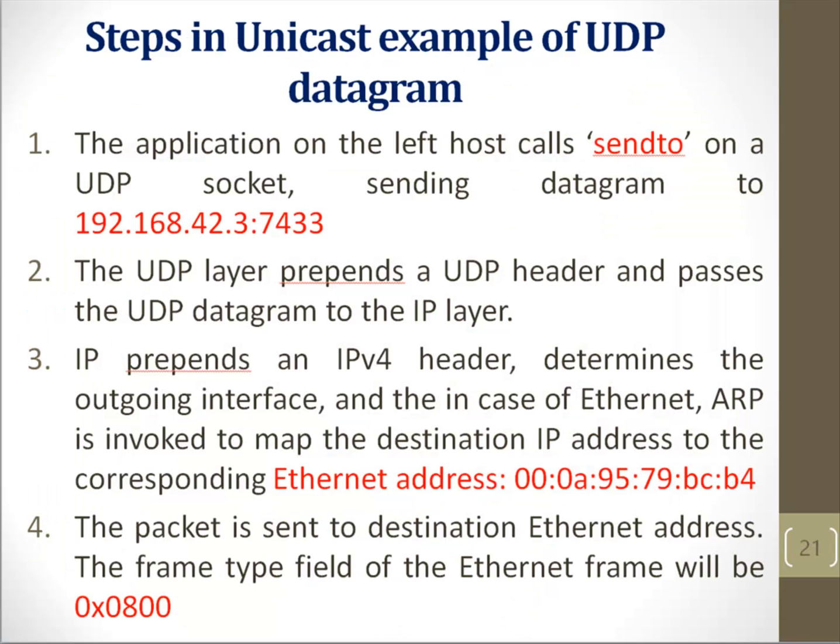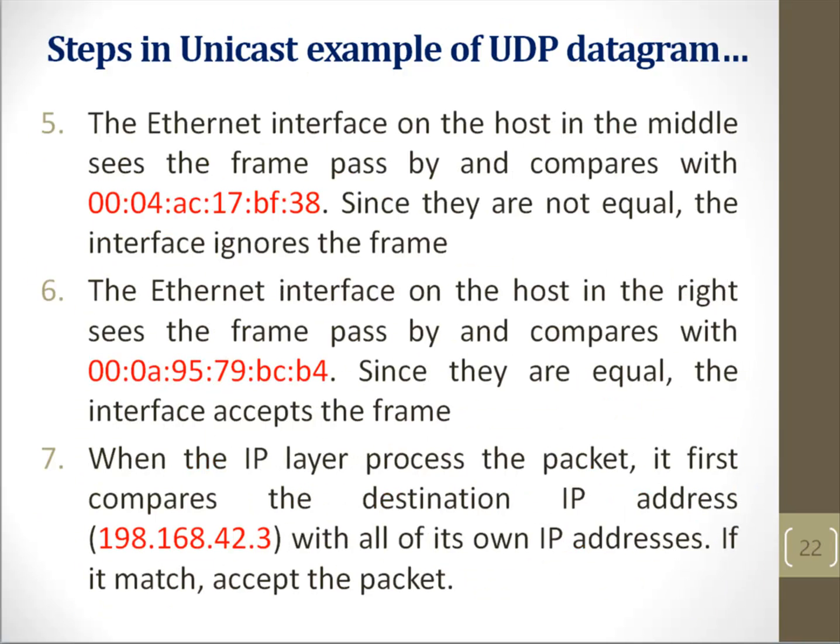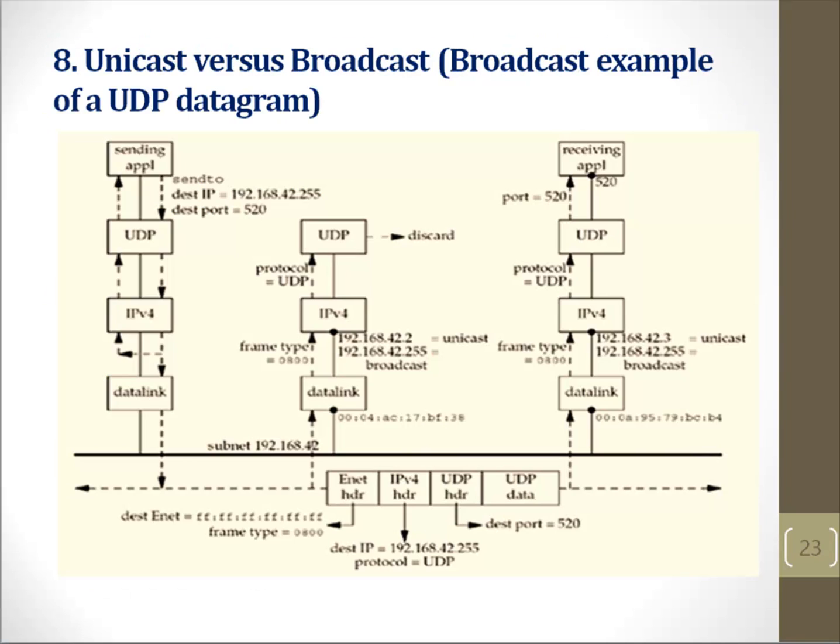In the next 2 slides the explanation is given, so you can go through it easily and understand whatever I explain. Now I am going to the next example: unicast versus broadcast example on a UDP datagram. In the previous slide we discussed the unicast example on a UDP datagram, but now I am going for the broadcast example using a UDP datagram. The concept is almost similar, but there will be a few changes in the IP address